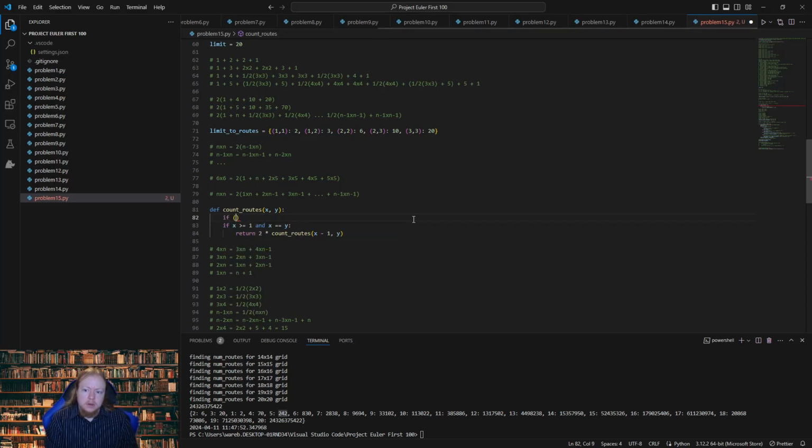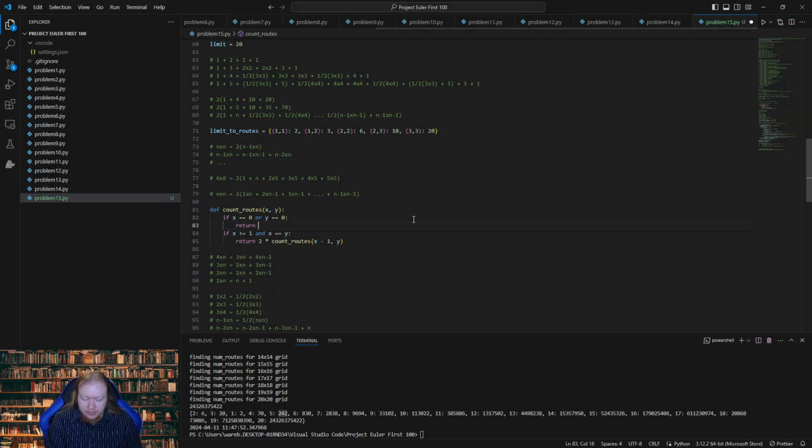Let's see, if x equals 0 or y equals 0, we just want to return 0 in that case. We've gone too far. Or possibly 1. Okay, so